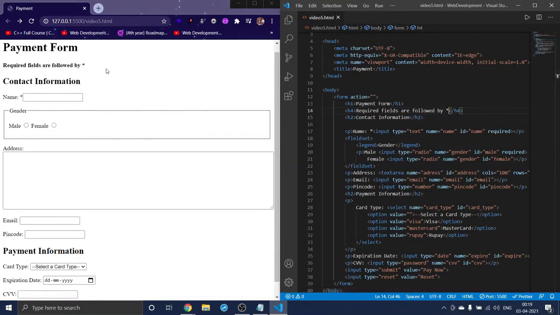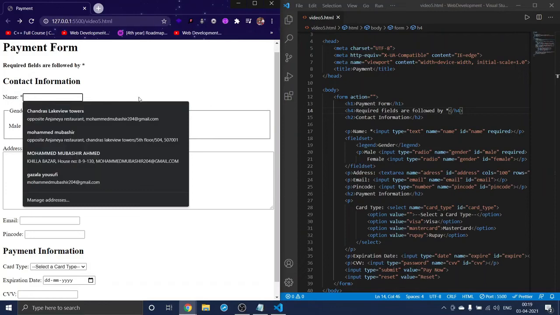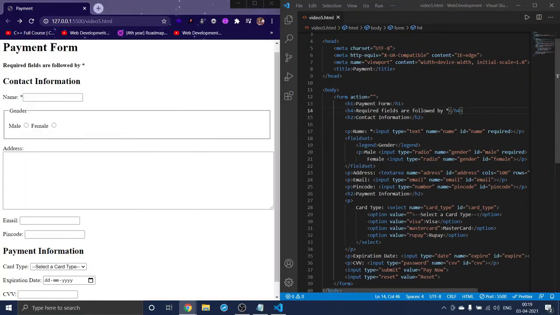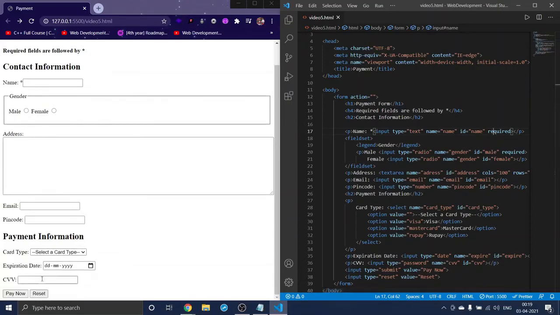When you save this, you will see this, and when a user reads this and sees this, he needs to fill this field because of this required attribute. And if you want, you can add this required attribute to everything here.